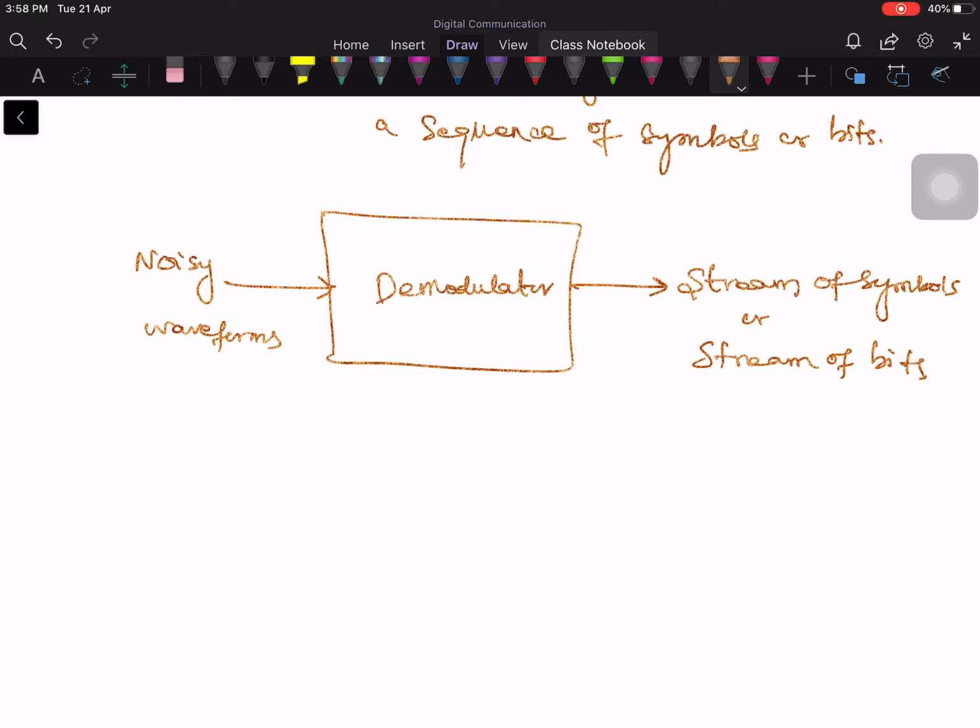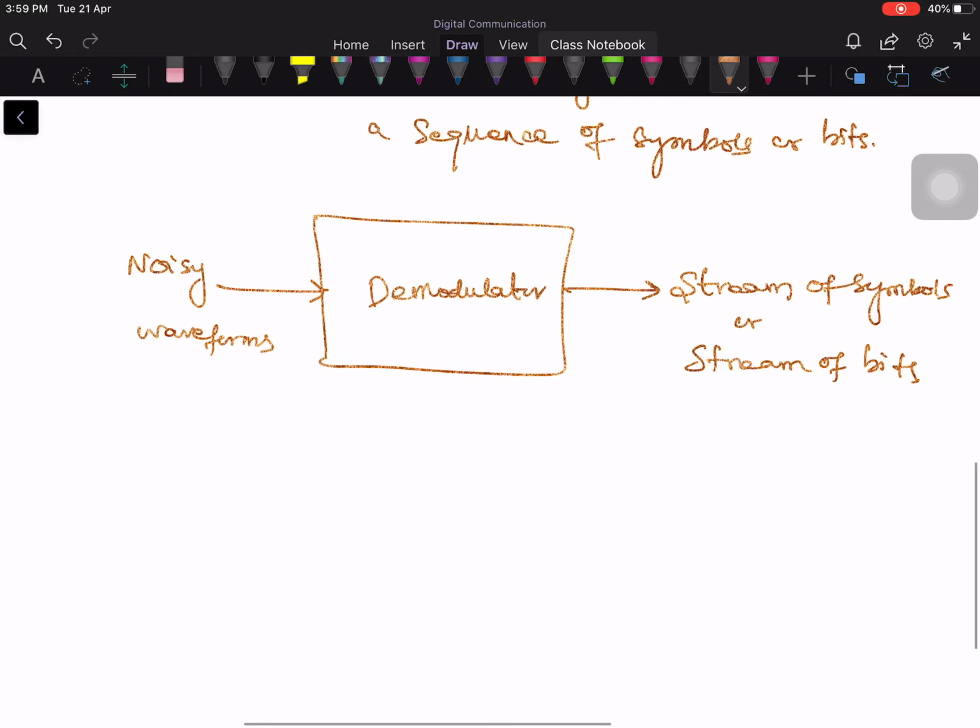Okay, so what we are talking about with demodulators is how to judge whether you have a good demodulator or a not so good demodulator. On what basis will you decide that my demodulator is very good, or that this demodulator is not good? The performance of a demodulator in a digital communication environment is really judged by its ability to give you very low error rates. So when I say a very good demodulator, then it should have very low error rates.